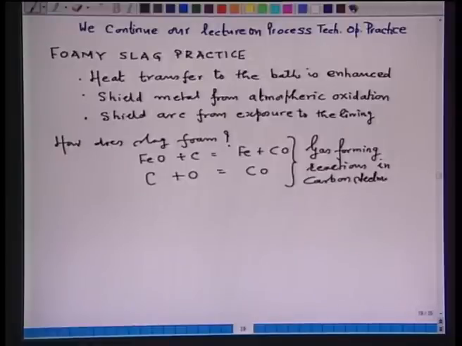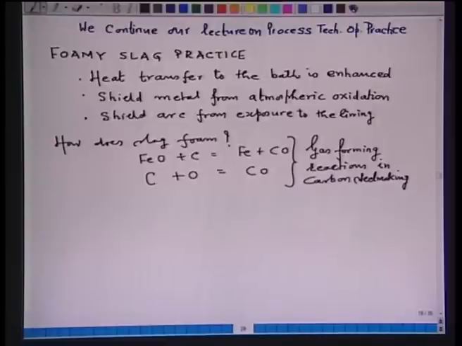In case of alloy and stainless steel making, the foaming slag mechanism is slightly different. We will deal with it when I will tell you the stainless steel making practice. During the meltdown period, progressive melting of the scrap exposes arc to the lining of the side wall of the furnace. Now, for the foaming slag, it is required that carbon content of the bath should be sufficient and oxygen should also be available. So, that means for foaming to occur,